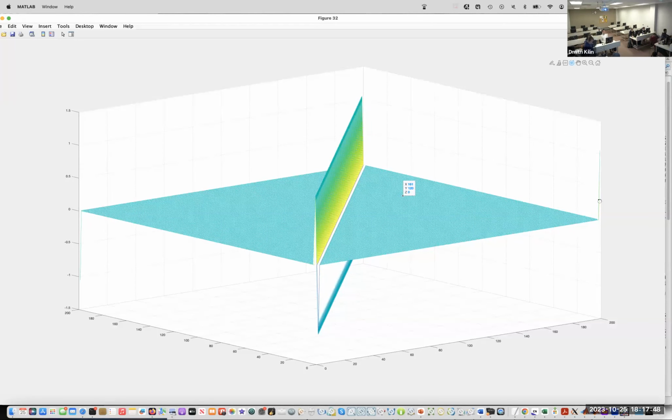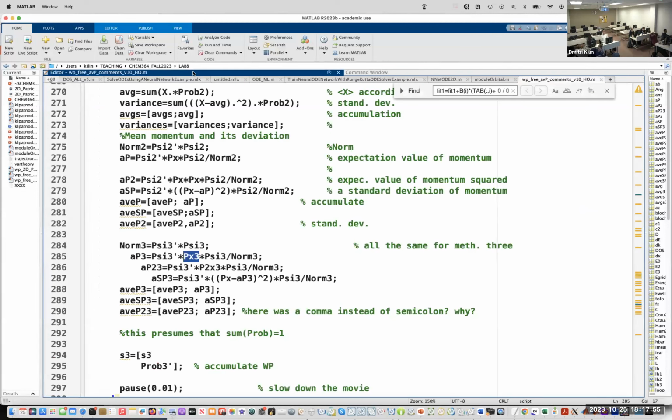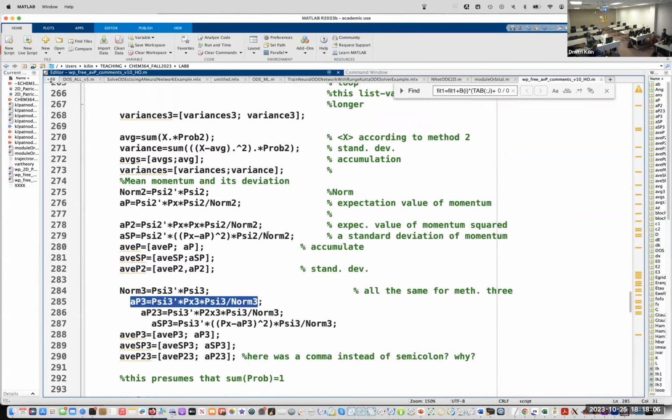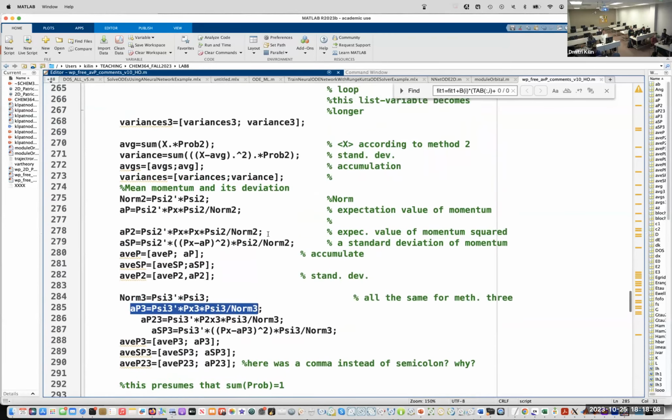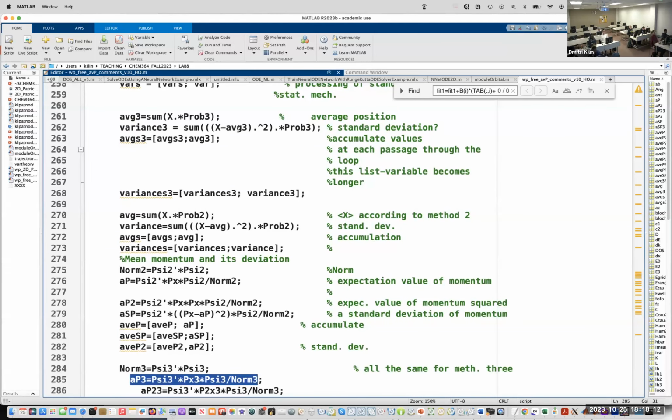And if we plug this px3 into the quantum sandwich right here, we get the expectation value. So this is the expectation value of momentum, and here is the expectation value of position.